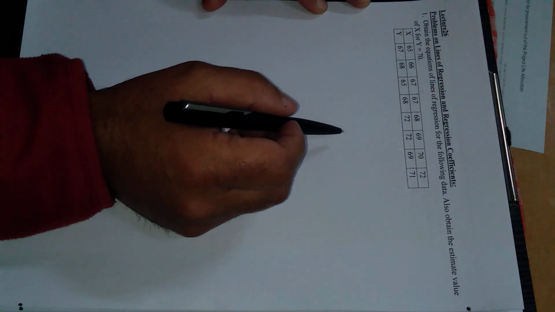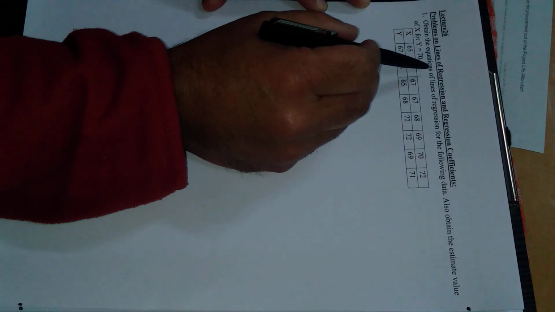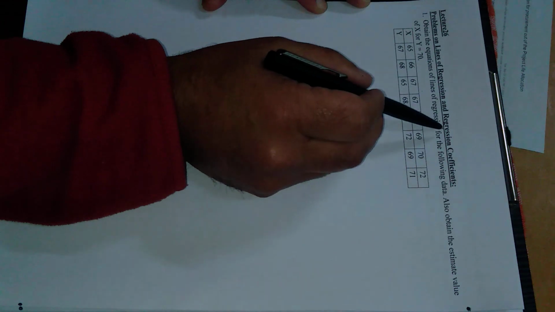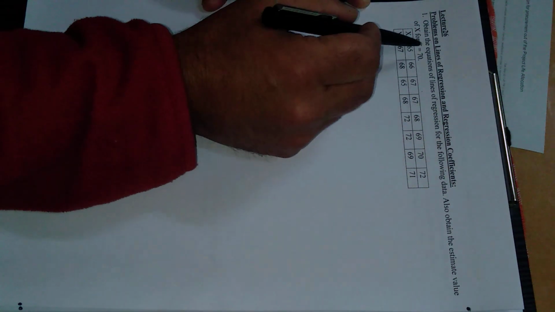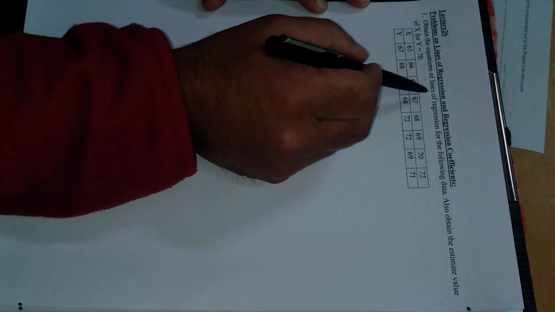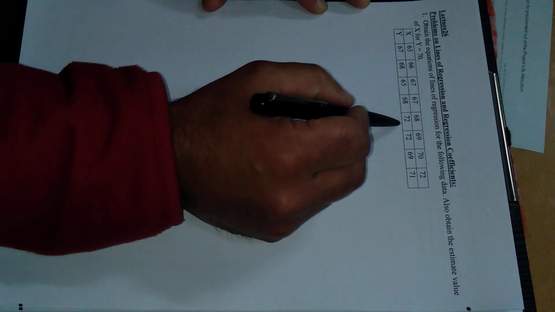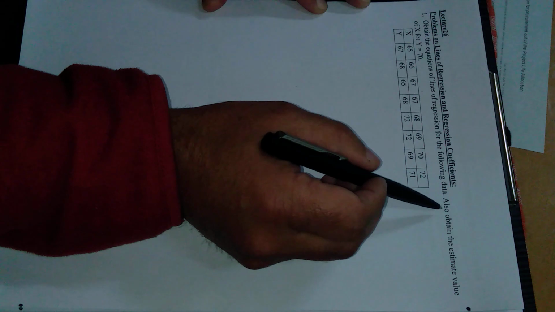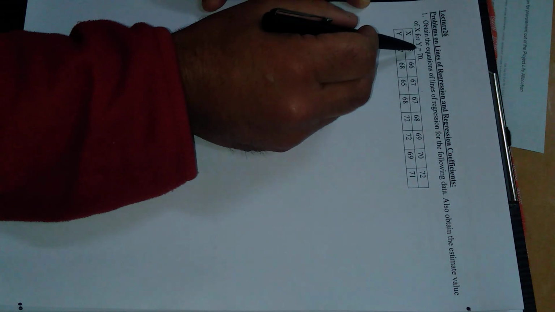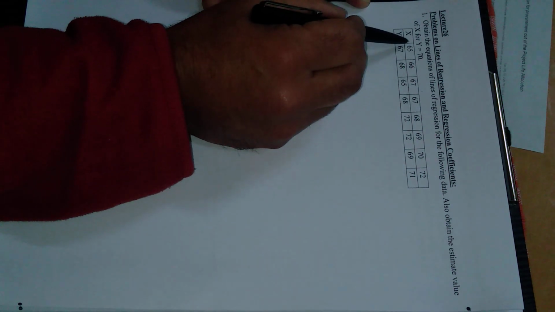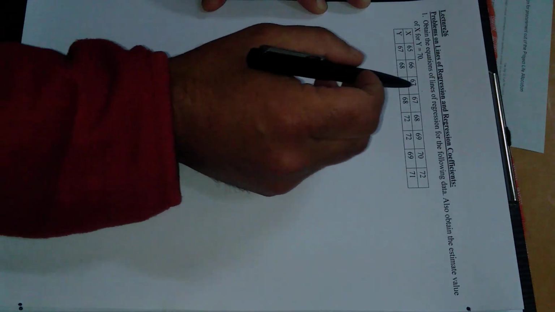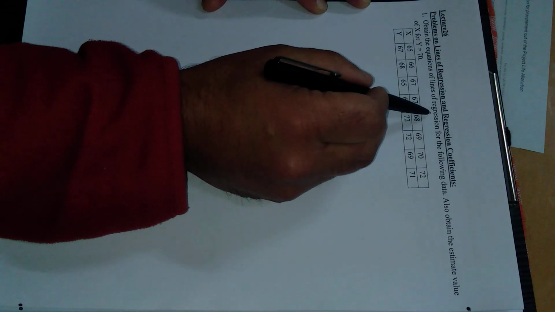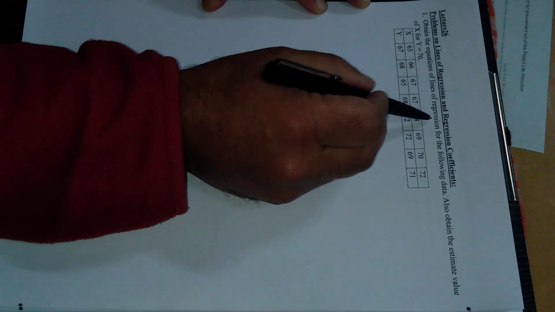Today I'm going to solve some problems on lines of regression and regression coefficient. Alright, so let's start. Question number 1. Obtain the equation of line of regression for the following data, and also obtain the estimated value of x for y given to be 70. X has these values and the corresponding values of y are these. Because we want to find lines of regression, we need the correlation coefficient r, and the standard deviation with respect to x and with respect to y.